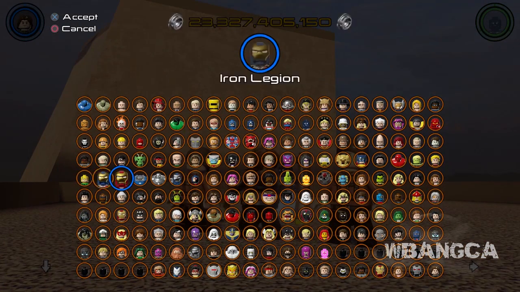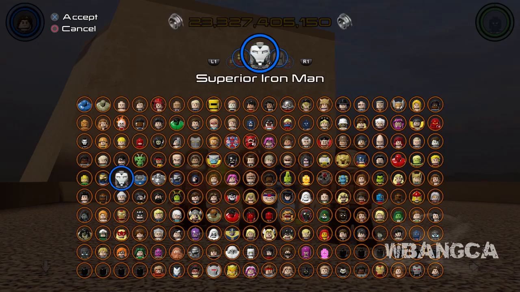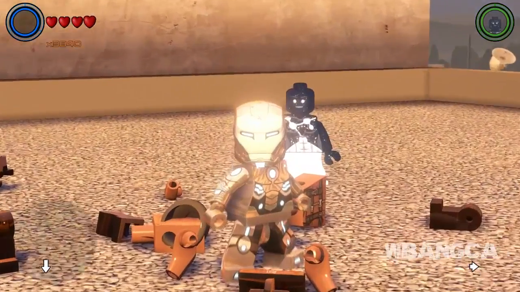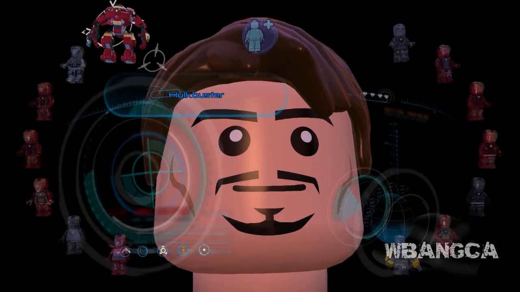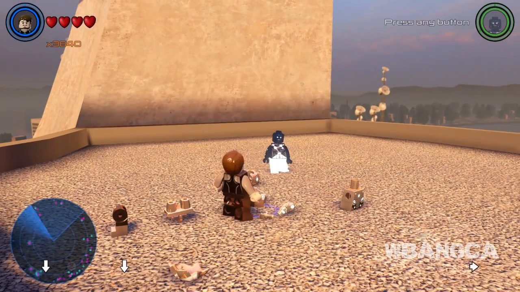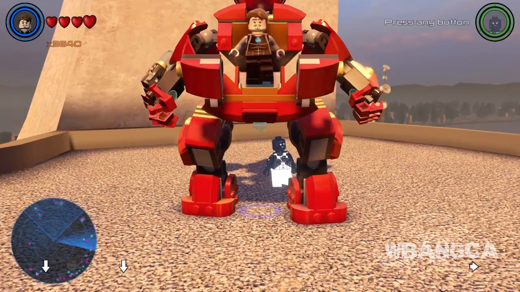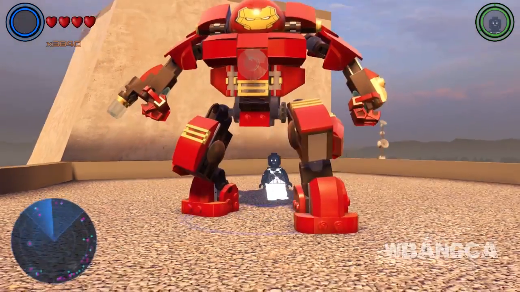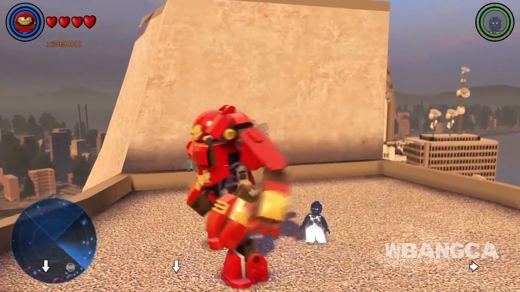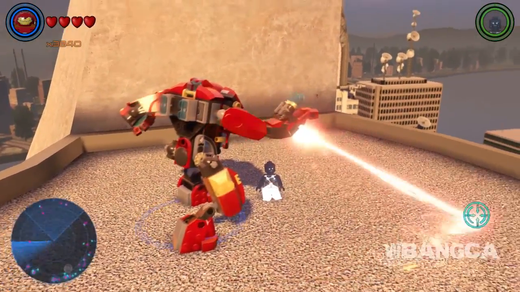Alright, lastly, we missed one. And one of the ones we missed is the one that doesn't show up in the icons. It is the Hulkbuster. So here it is. Our last look at the character. That is the Hulkbuster. The coolest and the baddest character you can use in the game. Alright, anyways, that is pretty much it. Those are all the characters in LEGO Marvel